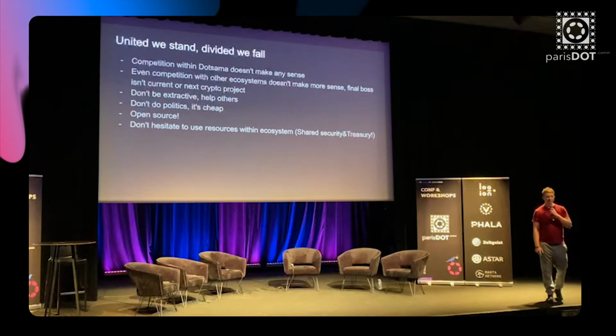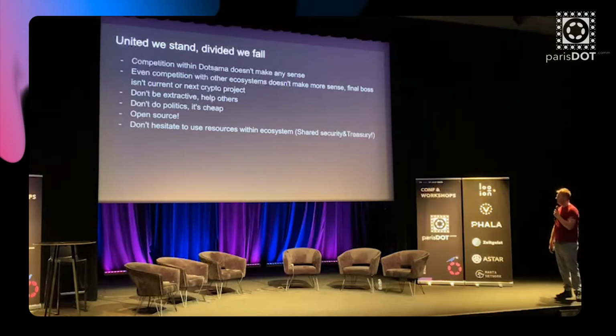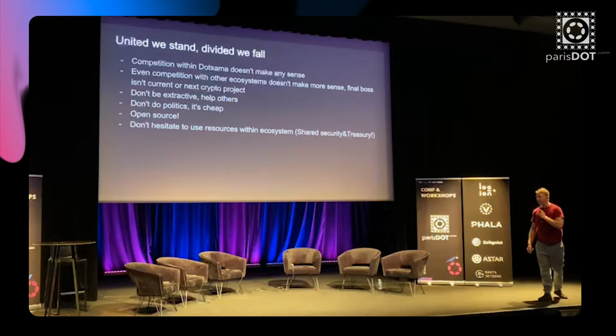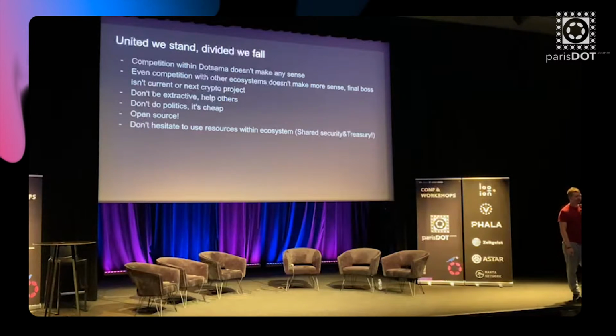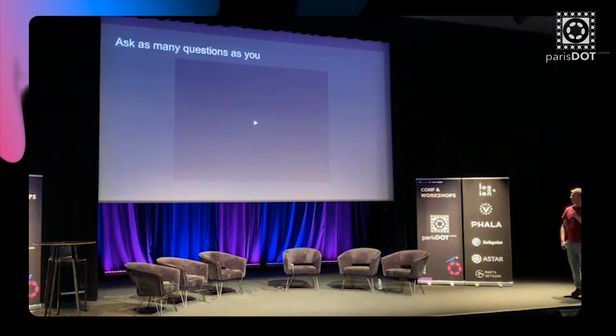That's what we were doing most of the time, and mostly think about how you can leverage shared security and treasury, because shared security enables us to be much more capital efficient than any other ecosystem, so we don't need to inflate and print. Money printers go brr, or token printers don't need to go as brr as is sometimes the case. So thanks for your attention.